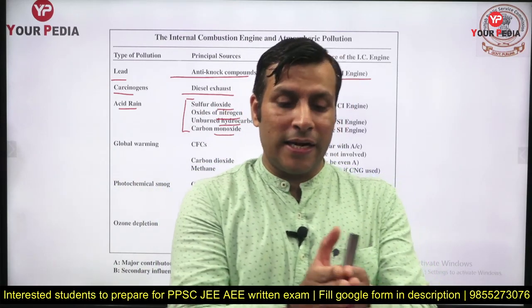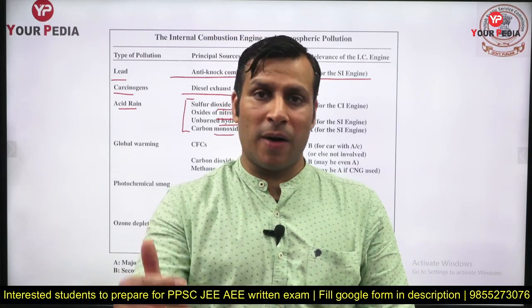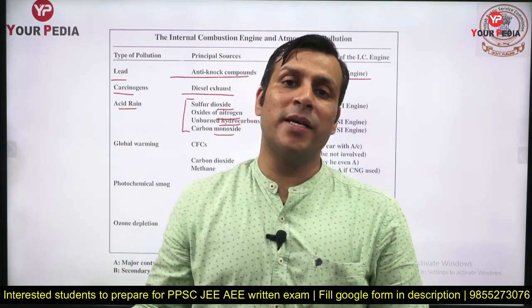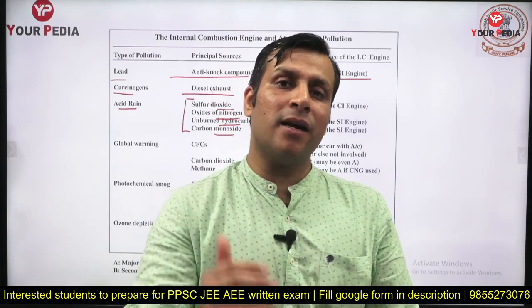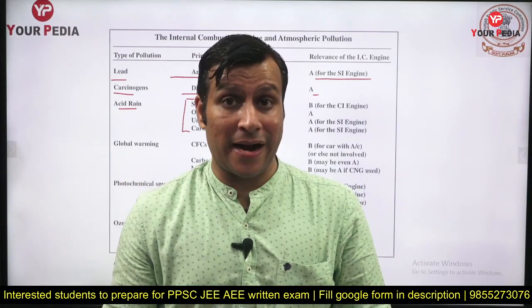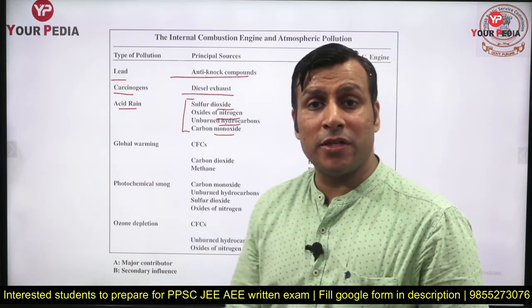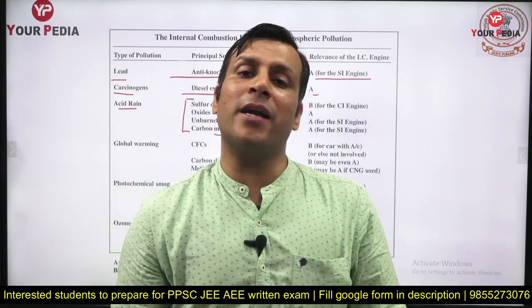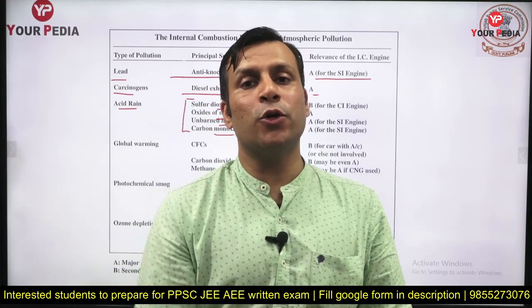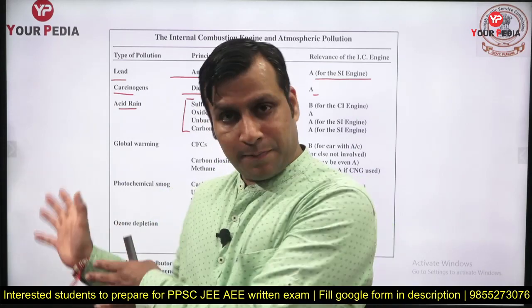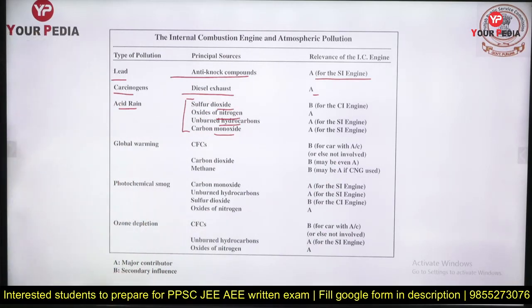Actually, I segregated this entire discussion related to pollution from IC engines into three parts. First, the pollutants from the IC engine. Second, the emission control, majorly the discussion about the catalytic converter. And in the third class we will discuss the environmental impact. What is acid rain? What is photochemical smoke? What is ozone depletion? So what kind of environmental impact are we getting due to these pollutants coming out of the IC engine? That will be our topic of discussion in the third lecture. First lecture is going on. Second, we will discuss the catalytic converter. Third, the environmental impact. Fine.